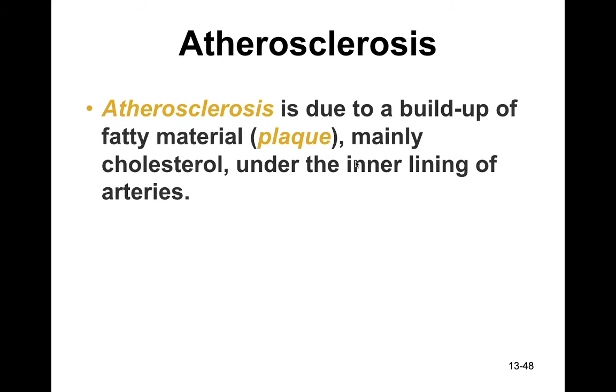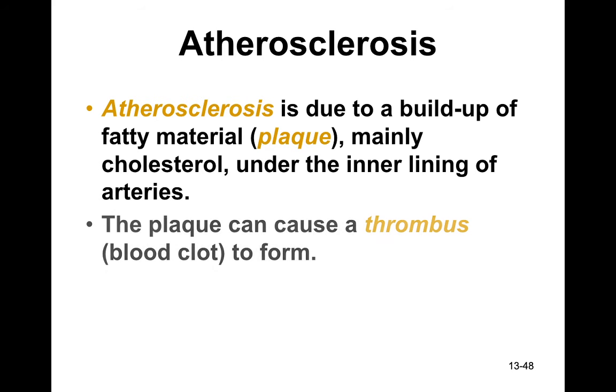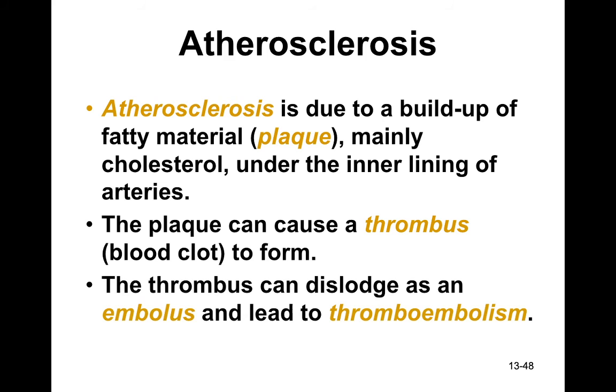Arteriosclerosis, what is that? It is a buildup of fatty material that we call plaque, which mainly contains cholesterol, in the lining of your arteries. This can lead to a thrombus, which is a blood clot. This thrombus can dislodge, it can break free and flow throughout your blood vessels. When it does this, it's called an embolus. When this embolus blocks a vessel in your brain or your heart, this leads to heart attack and stroke,